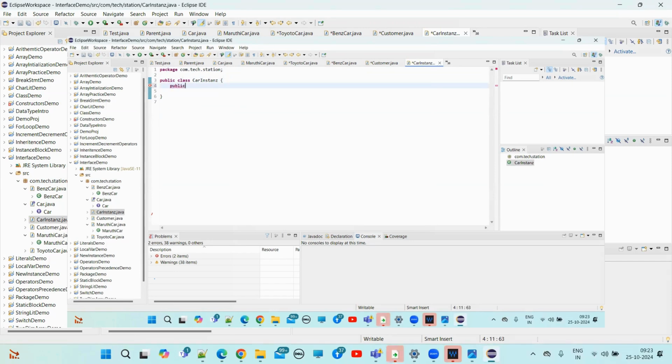Here I'm creating one static method. Public static, return type is Car. The method is getInstance. So here what I'm doing, I'm